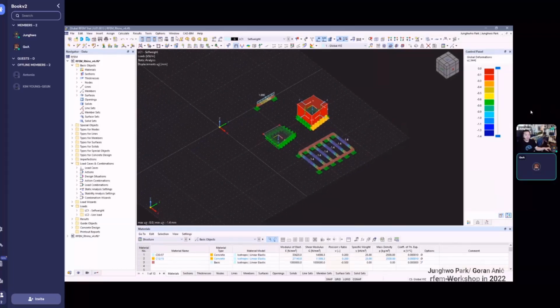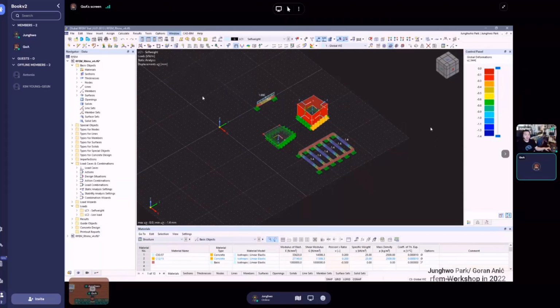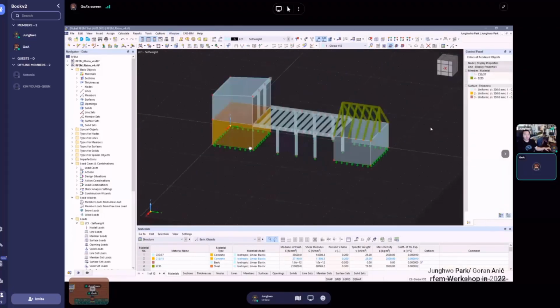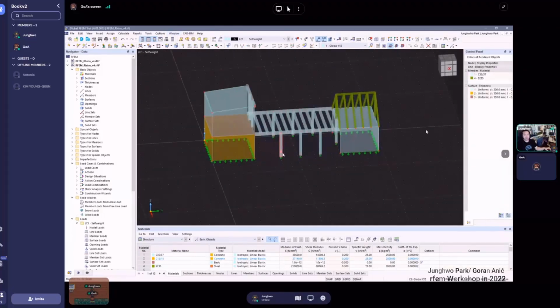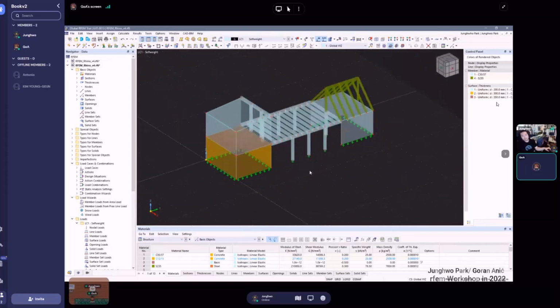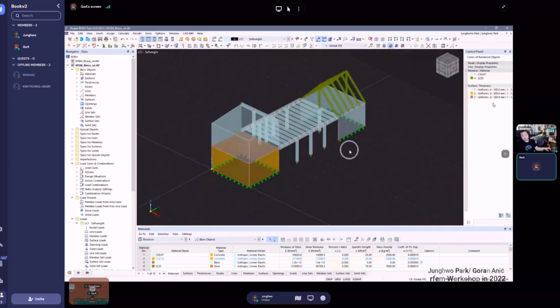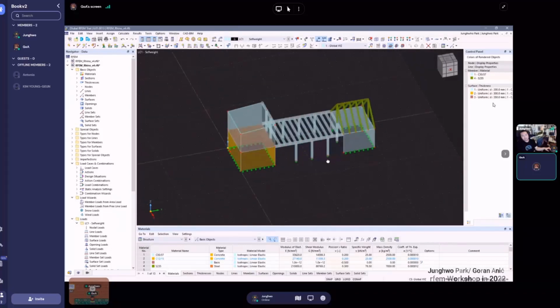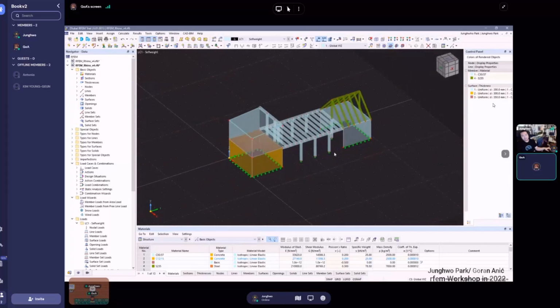This time, I decided to create a bit more realistic model, so we can go through some other load cases and show, for example, how to generate area load, snow load, wind load,